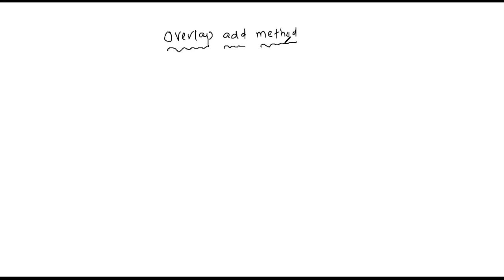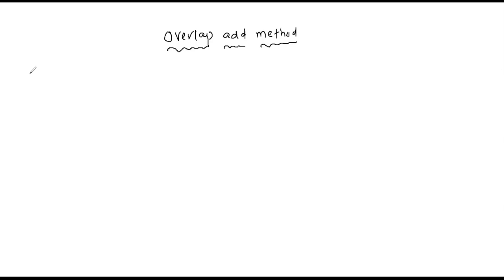Now I am taking one example of how to do the same process in the overlap add method. Instead of storing the complete input sequence, we divide the sequence into a number of blocks and process each block according to the overlap add method. After that, we recombine the output at the end to get the linear convolution between the two sequences: one is the long input sequence, and the other is the impulse response, a short or finite length sequence.